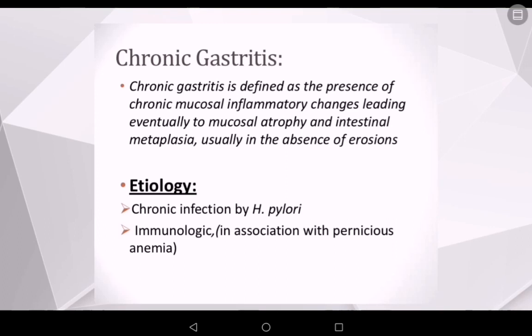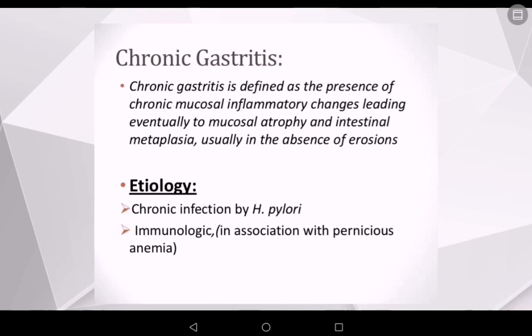What is gastritis? Gastritis, as the name suggests, is the inflammation of the gastric mucosa. It is further divided into acute gastritis and chronic gastritis, but our main concern here is chronic gastritis. So what is chronic gastritis? Chronic gastritis is defined as a chronic inflammation of the gastric mucosa, characterized by chronic mucosal inflammatory changes leading eventually to mucosal atrophy and intestinal metaplasia, usually in the absence of erosions. In chronic inflammation, you will see infiltration by lymphocytes and plasma cells, as seen in other types